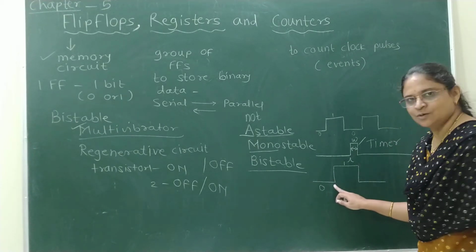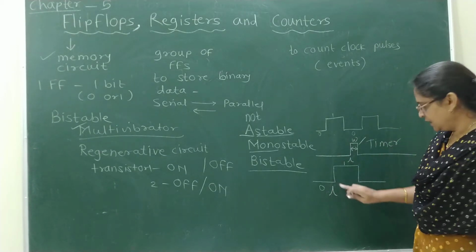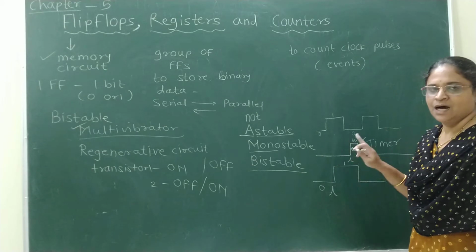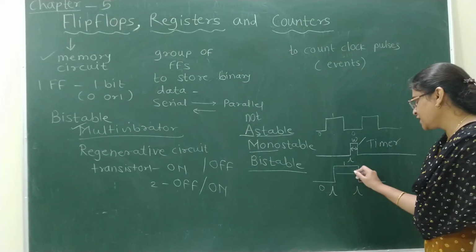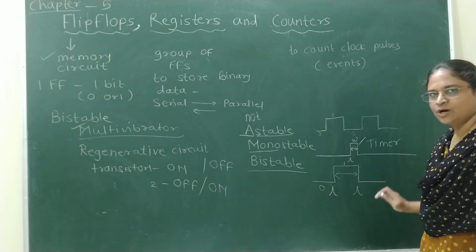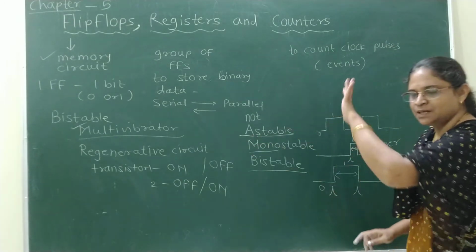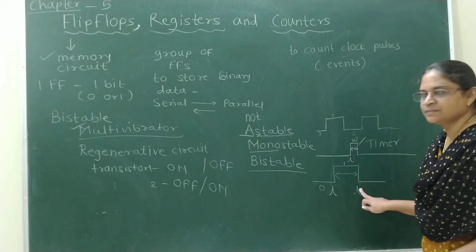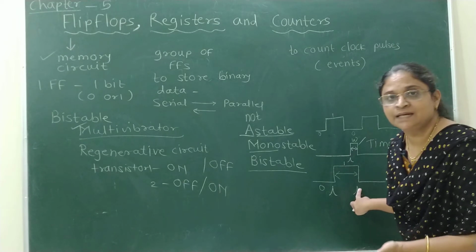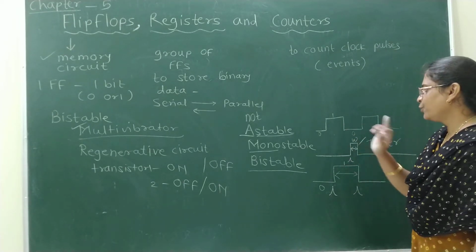Suppose initially it is in low state. Here you apply an external trigger, and it will change to high state. Unless you provide another trigger to change its state, it will not come back to low state. Initially the low state was stable, now the high state is stable unless it is provided with any trigger. So that is the difference, and that makes one point clear.